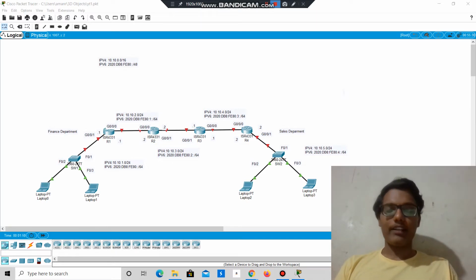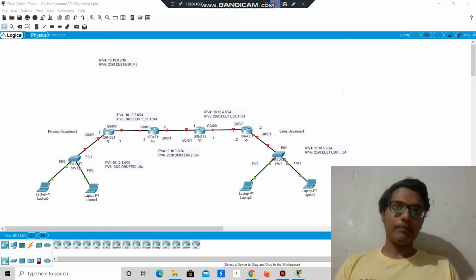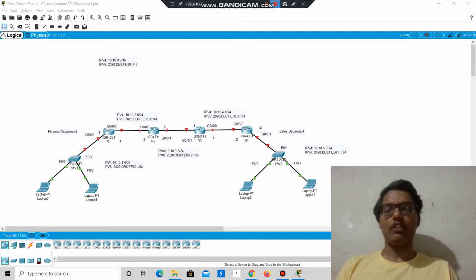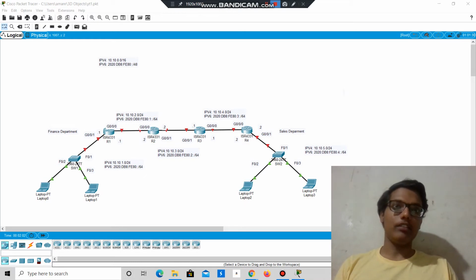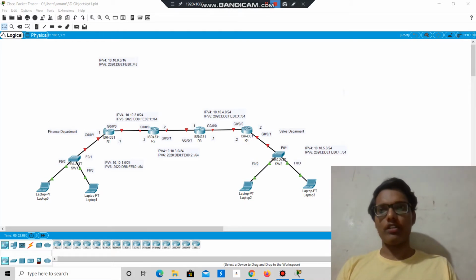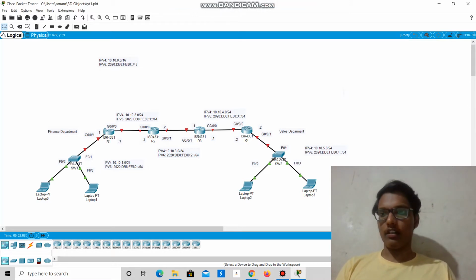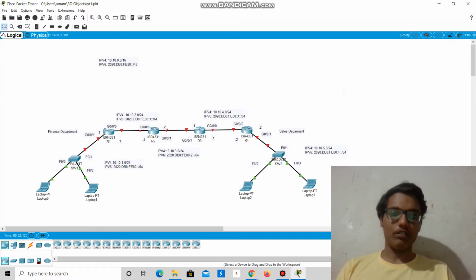So let's take a scenario that you are a network engineer and one of your clients comes to you and says, hey, I'm opening a new office in XYZ location, and will you design and implement the network topology for the new office? You can see this in the Cisco Packet Tracer software. I have depicted the same scenario here.